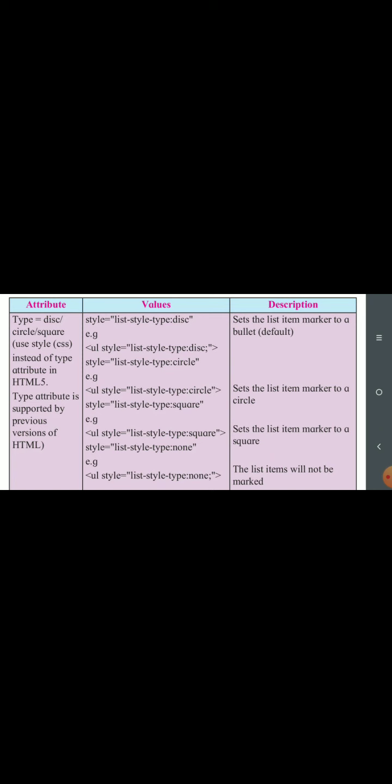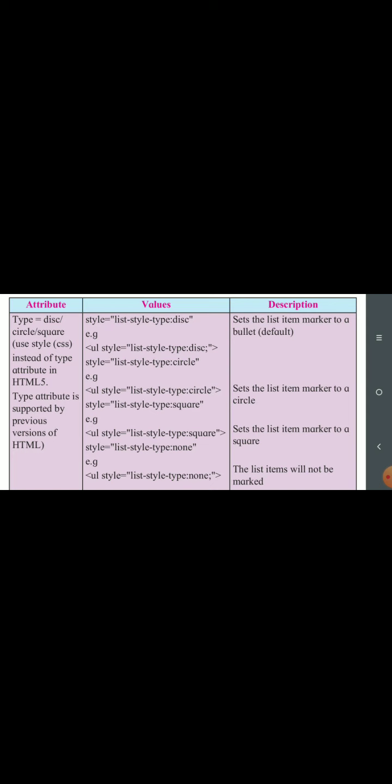Disk displays the filled circle, circle displays the empty circle, and square displays the square bullet. But if we are using CSS or HTML5, the type attribute is not used majorly. Hence we have to use style CSS there, and through that we can display the value.